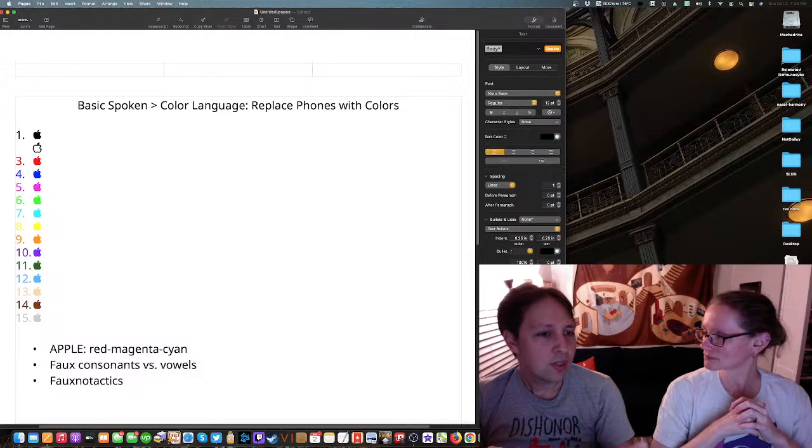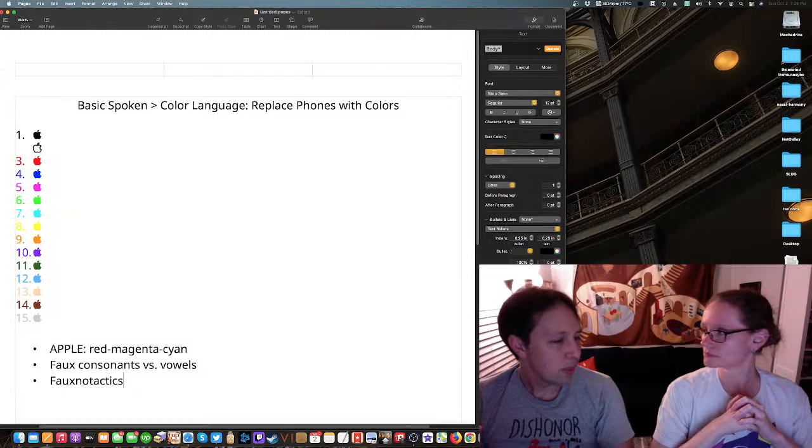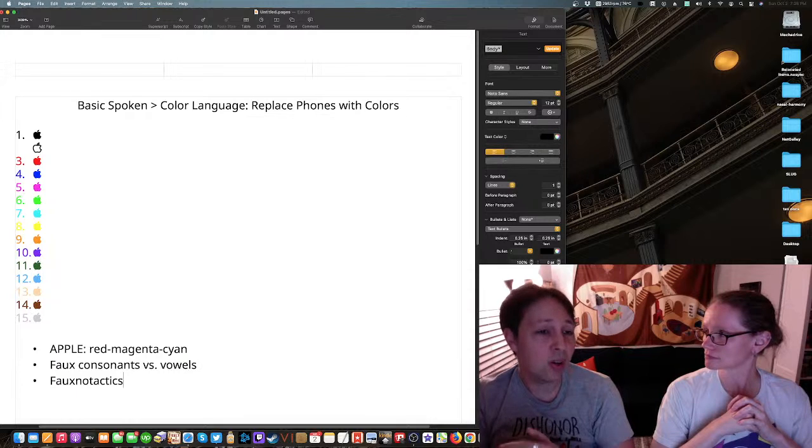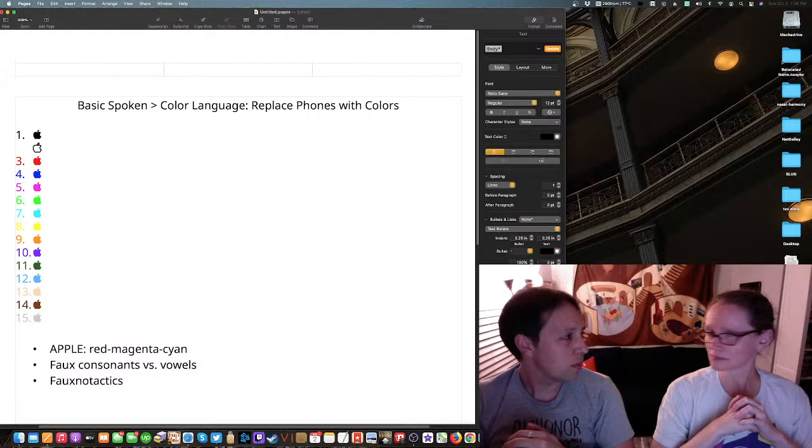So this is kind of like coming back to the color language I did. The colors were assigned to phonemes, right? And that association was arbitrary. In this case, the form, the carrier, the bearer of the color is totally arbitrary.